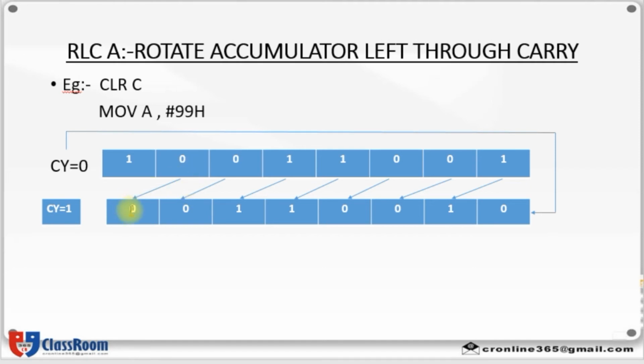Here 0 will become the D7th bit and this 1 will enter as the carry bit. After reading the result, you can see it as 0011, which means 3, and 0010, which means 2. So accumulator will be finally having the result as 32H with a carry 1.